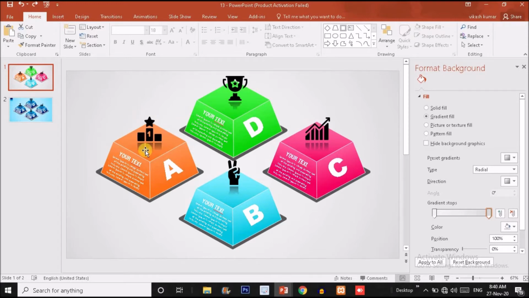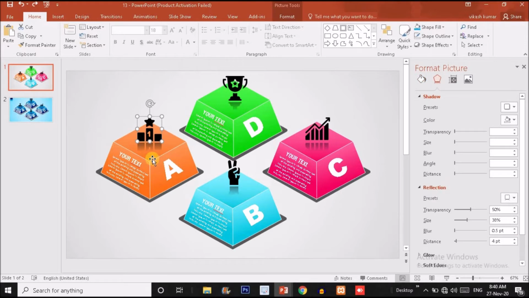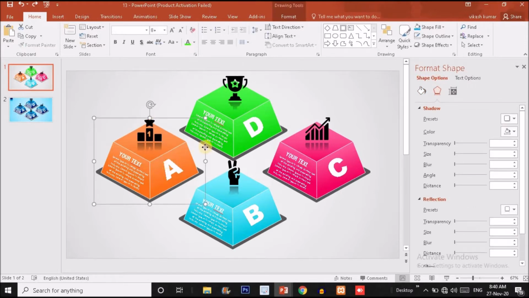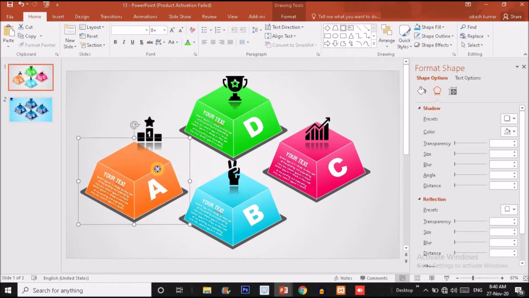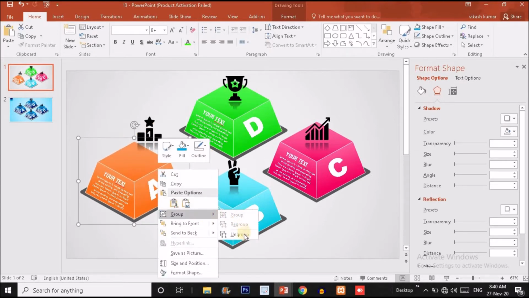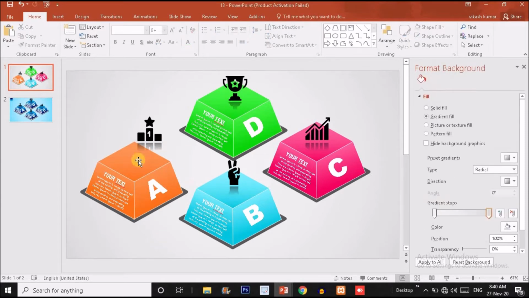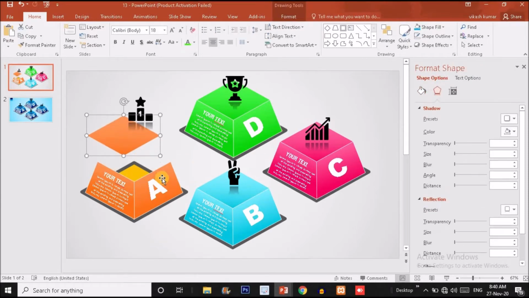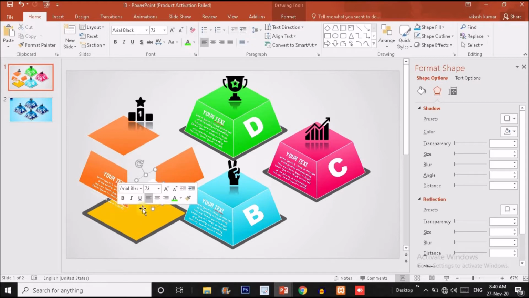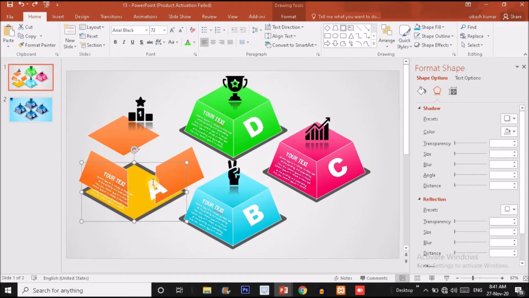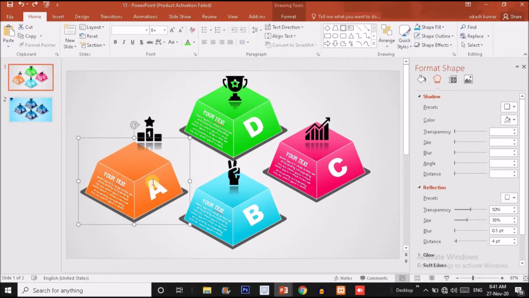Before we start creating, I just want to show you how the elements are arranged to make a group like this. Let me show you. Right click over here and ungroup this, and after ungrouping you can see these are the shapes I have arranged here to create an element like this. Got it guys? These are the elements which I have collected and combined to get a shape like this. So undo it.